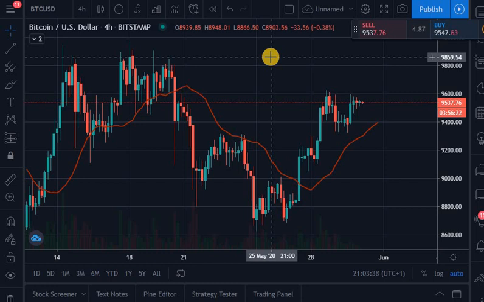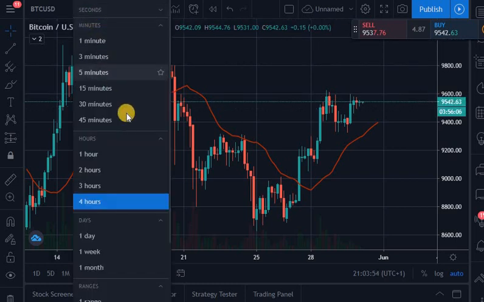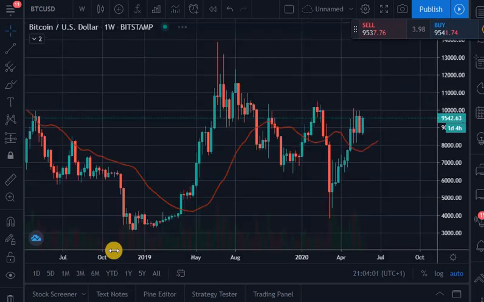Now let me show you the simple strategy you can use to make a lot of money investing in Bitcoin. Since we are going to be investing in the long term, we would have to use a long-term time frame. We're on the 4-hour currently, but I am going to change it right now. I am going to use the 1 week, since we are looking at a longer time frame.